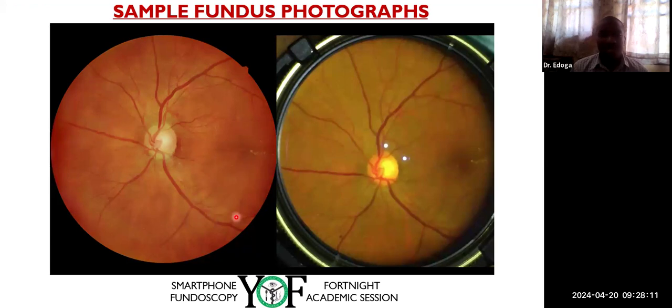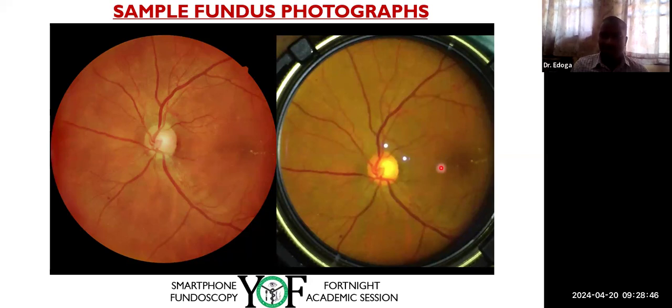So you can see on this picture, on the left is a tabletop fundus camera image. The cost of the camera is about $6,000. So this is the image that's produced. You could see there's a blood hemorrhage here. You can see some exudates in the macula that is a bit off center. You can also appreciate the optic disc. So this image was taken